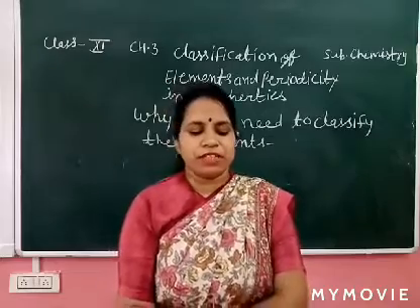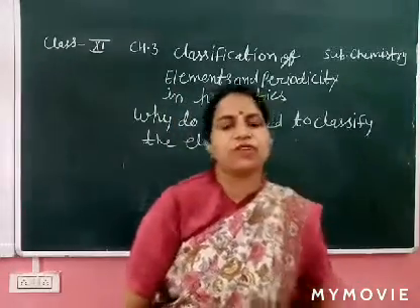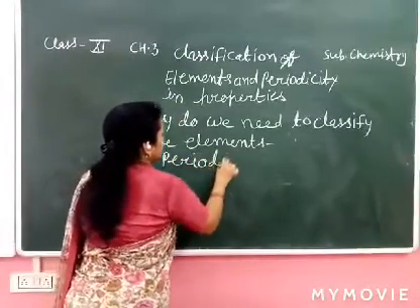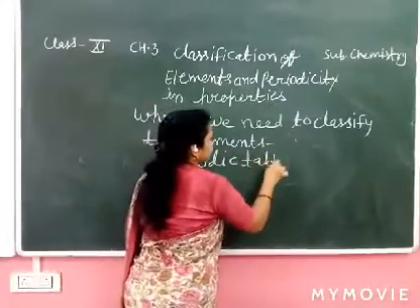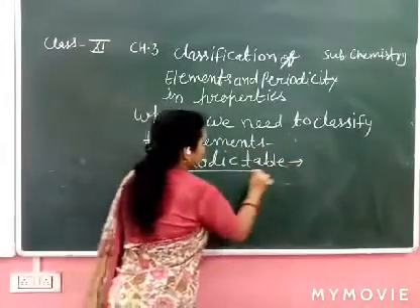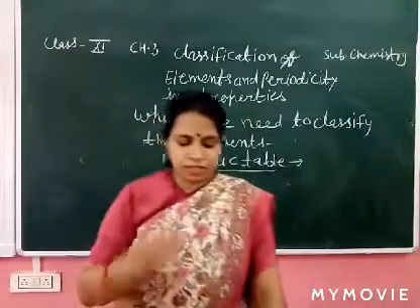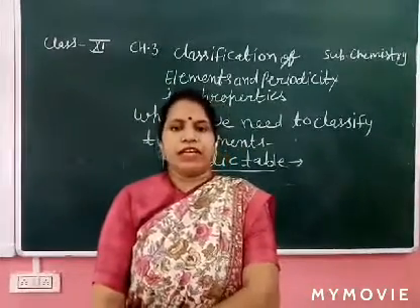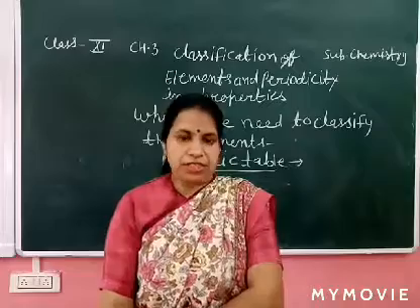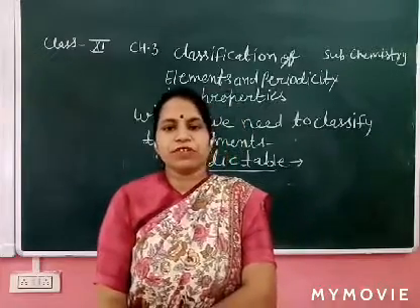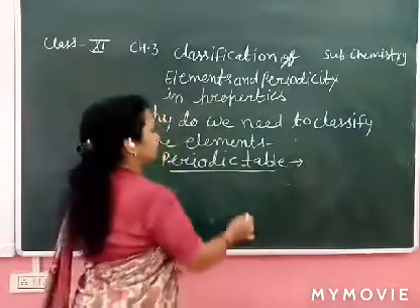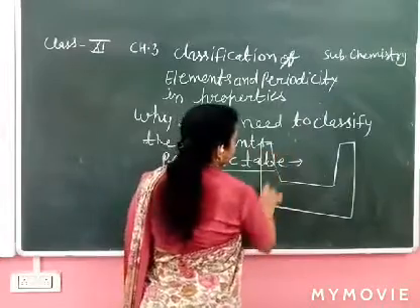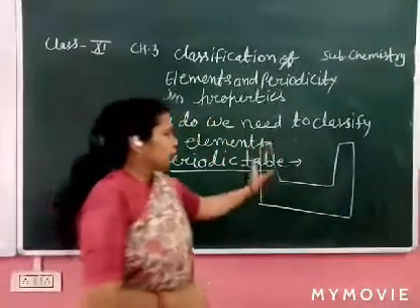So what is the definition of the periodic table? Define the periodic table. The periodic table is the systematic knowledge of the chemistry of all elements. It may be defined as the arrangement of the known elements according to their properties in a tabular form. The periodic table looks like a table, like this.